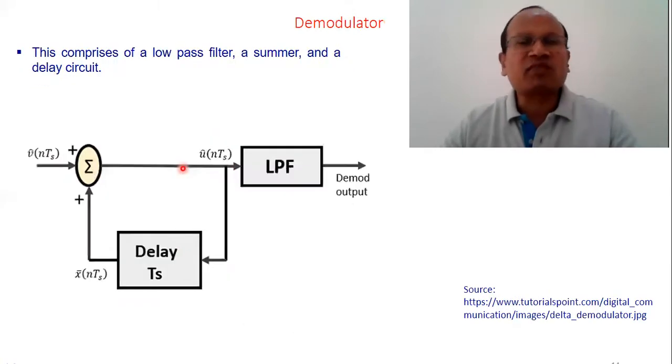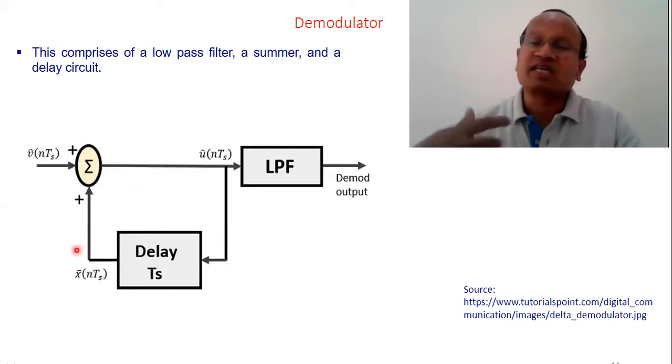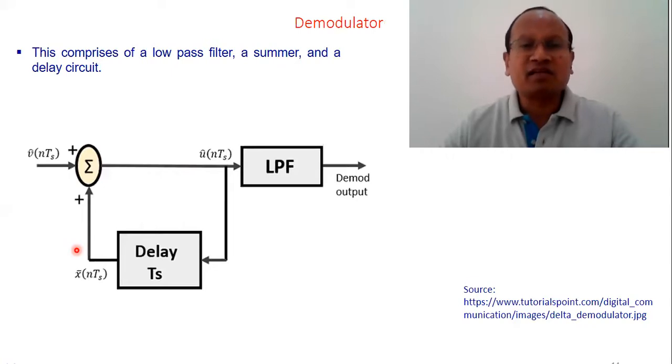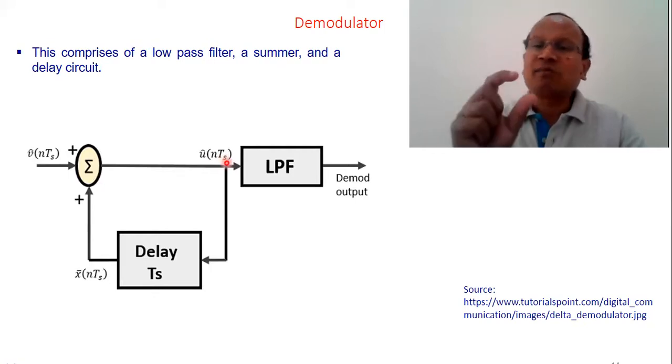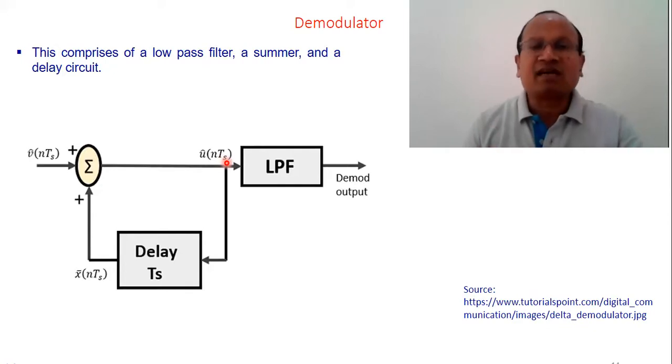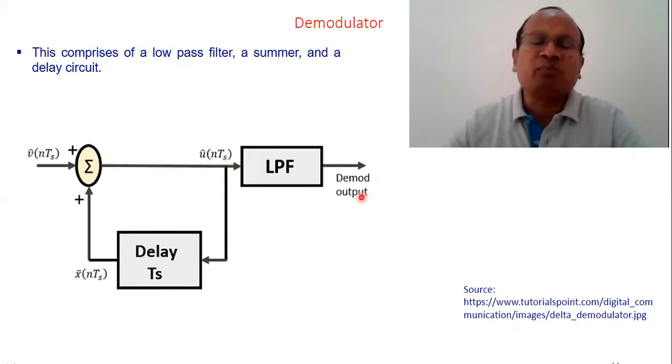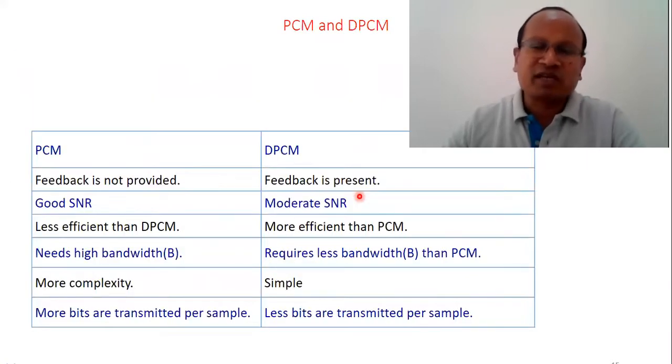All right, so this is a demodulator. Because there is a concept of delay, synchronization has to be maintained so that the signal can be properly reconstructed. Then it is passed to the LPF so that our original band of frequencies is recovered, and therefore we pass through the LPF, and this is the demodulated output, which is actually the message signal approximately that was communicated.